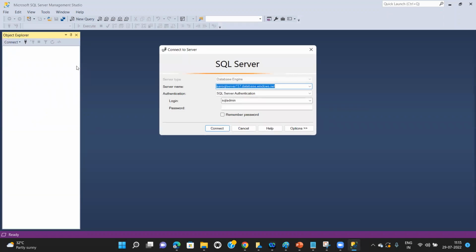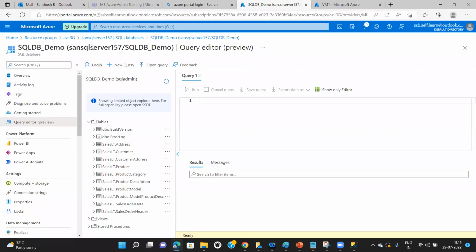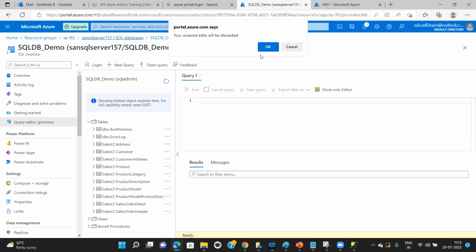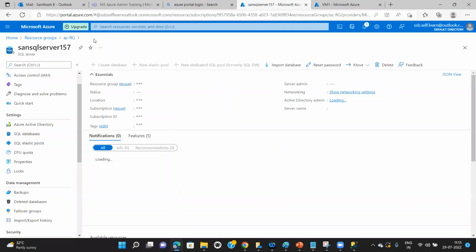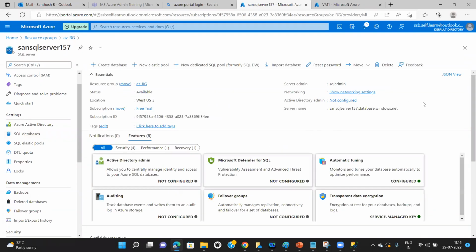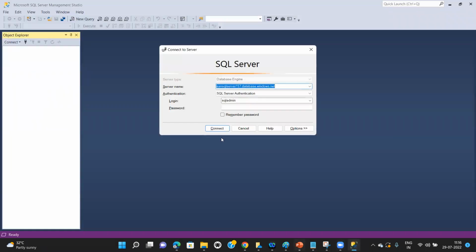So I'm clicking on this database engine. I have to copy the server name. To copy the server name, I'll have to go here and click on this server. When you click on this server, you will find the server name here. So I'm copying this server name, and I'm going to log into this server from my laptop's